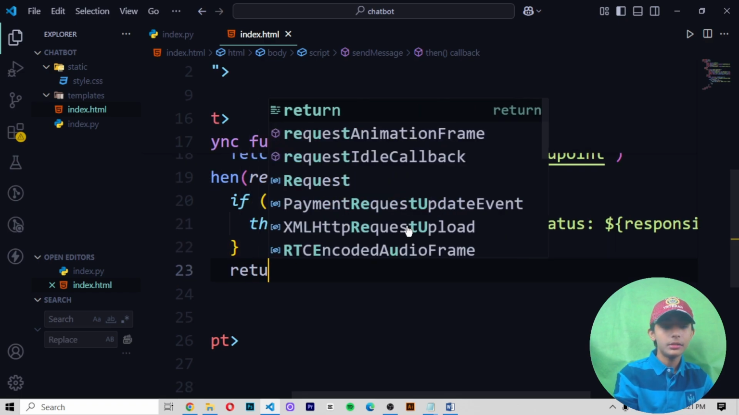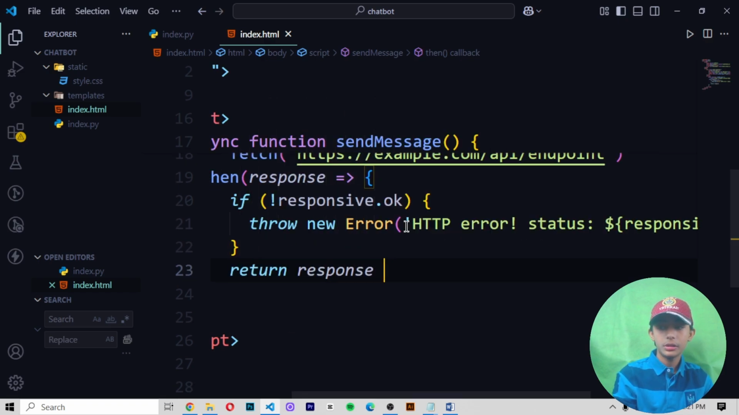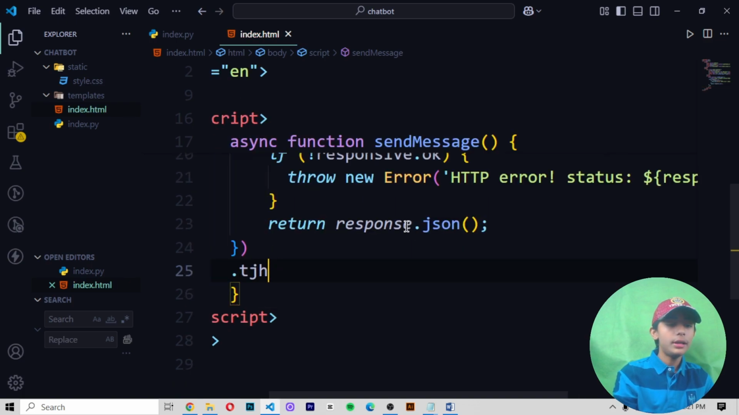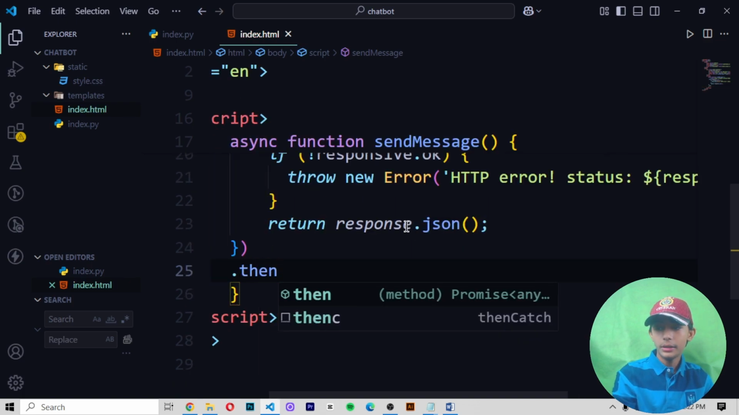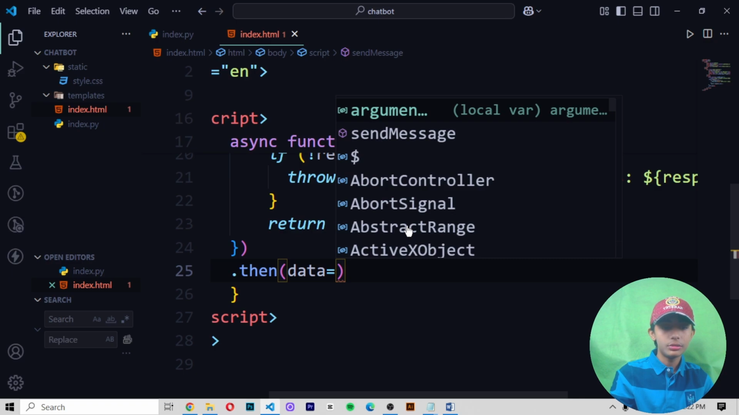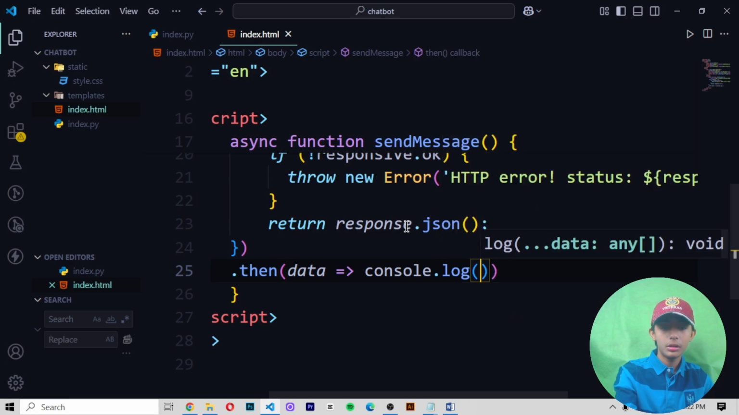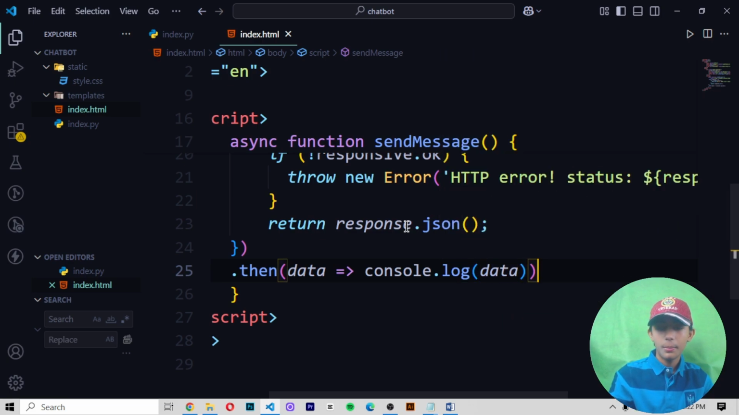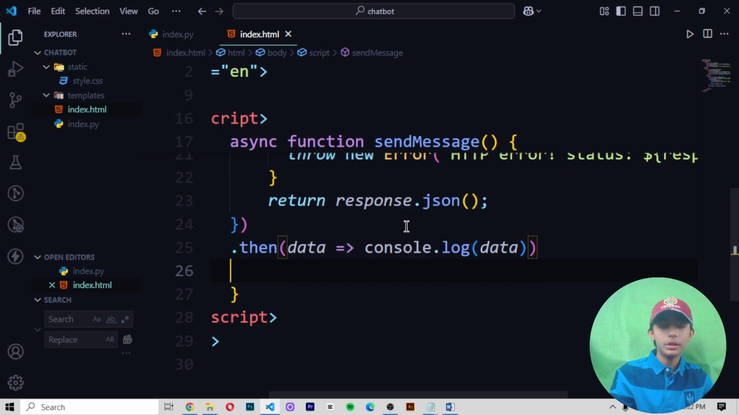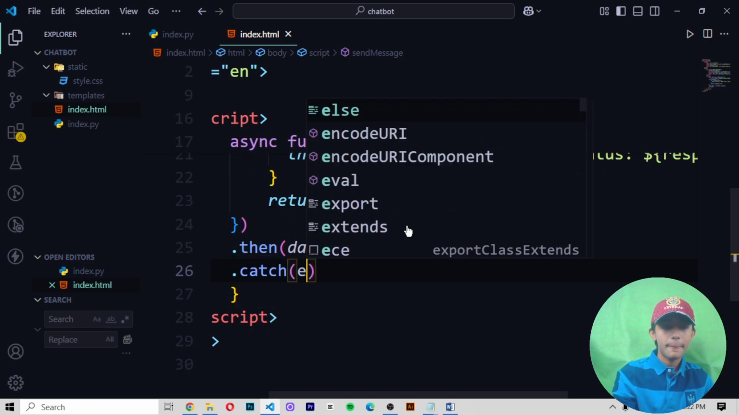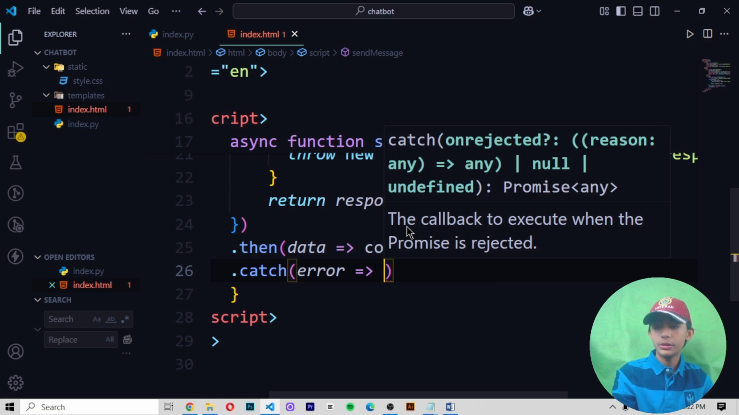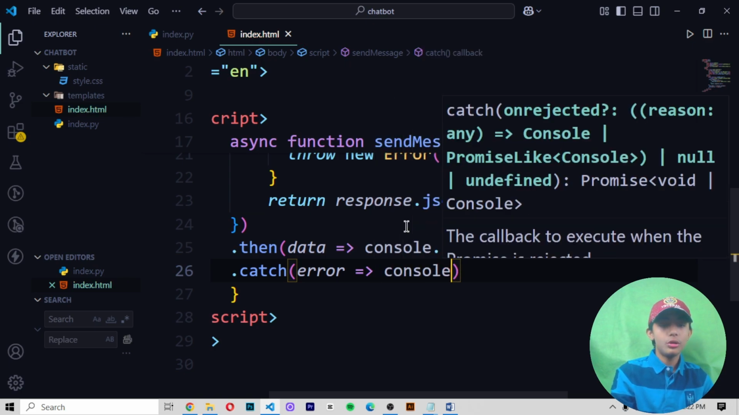Then here we write return response.json, like this. Now perfect. Now .then, data we write here, data, then equals to, then greater than sign, then console.log, here we write data. Perfect. Then when we have written all this, we write .catch, error equals to greater than sign, console.error,